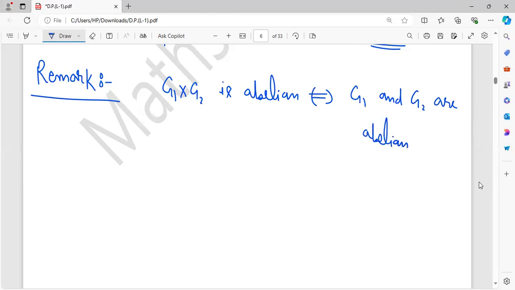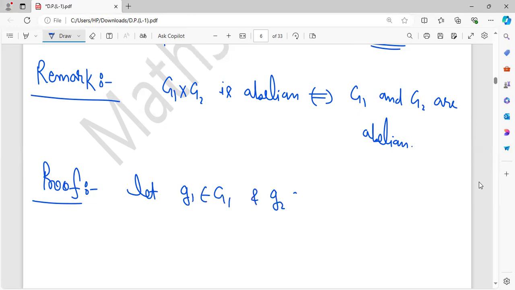Okay, so external direct product will be abelian if and only if G1 and G2 are abelian. So how? That g1 belongs to G1 and g2 belongs to G2. Then